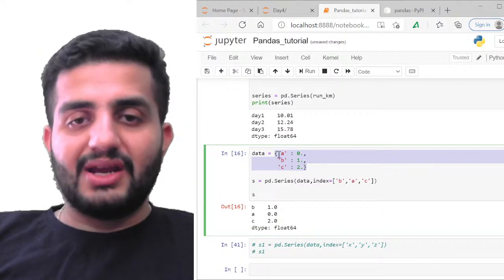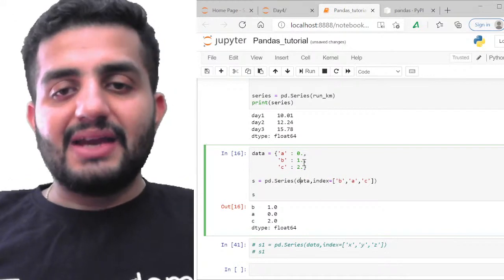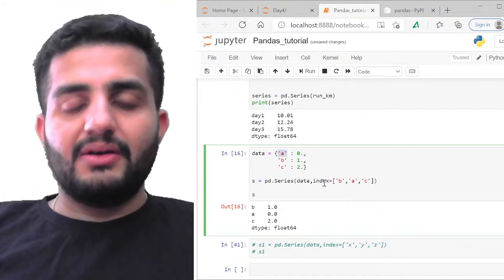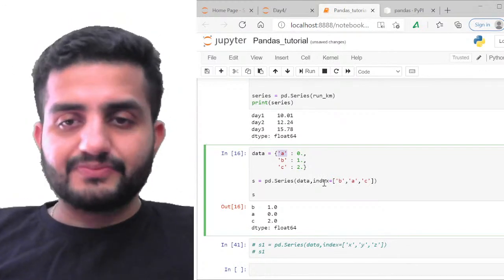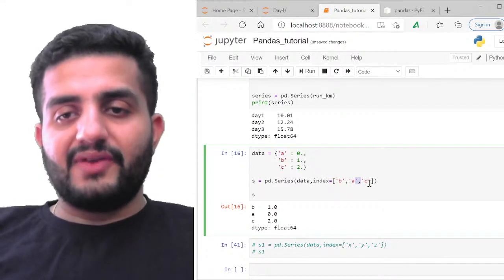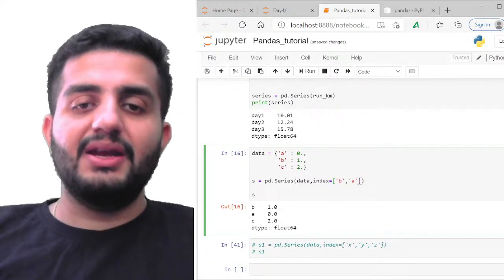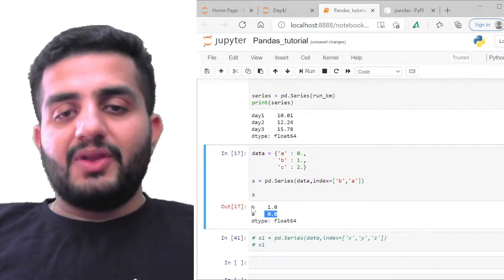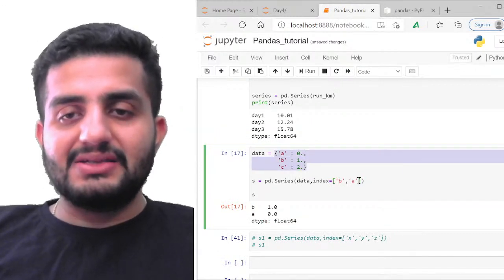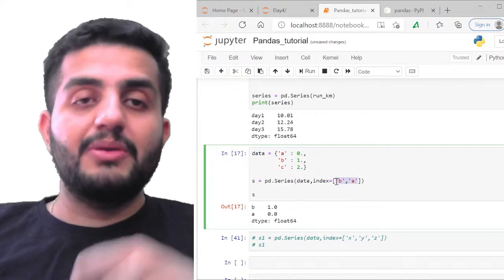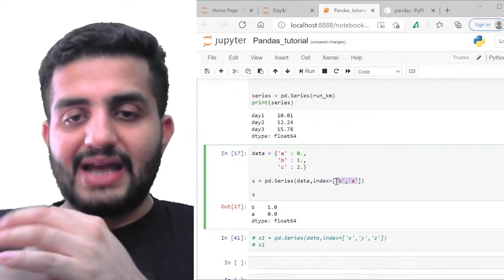So if you want to arrange the data based on the indexes, we can already pass this as my data. And the indexes, I can use these keys to order or sort, or kind of arrange the data howsoever I want. Even if I remove C from this and just give B and A, the output will be B and A. Although this dictionary has A, B, and C, I have selected the keys, the indexes, which I want to be part of my series. So this is again a very friendly function, guys. Always handy.